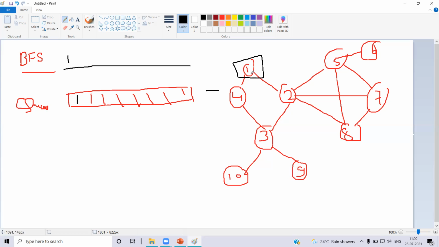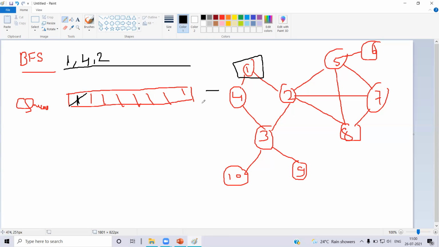Now I have to analyze who the neighbors associated with this are. In order to do that, I have to pop one out of the queue, since it is operating on first in, first out. The entry in the queue will be 1, and the neighbors associated with this are 4 and 2.